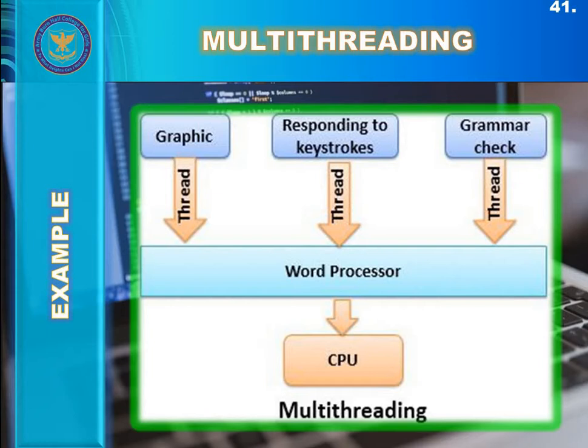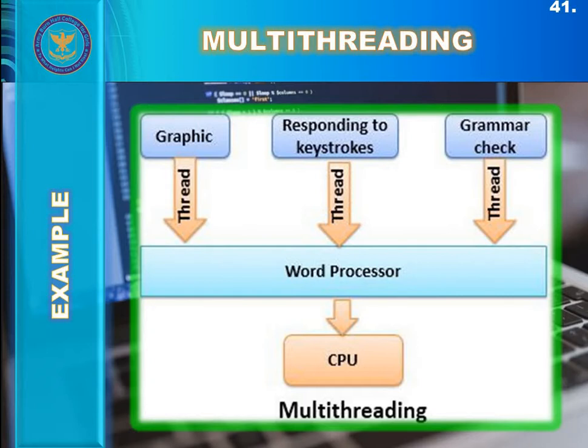The second benefit of multi-threading is resource sharing. As already told you, threads are interdependent, interrelated with one another. One thread shares its resources with other threads, or all the threads share their resources with one another, and threads can also share memory space or code section or data segments with one another. So the second benefit of multi-threading is resource sharing, as several threads of a process share the same code and data within the same address space.